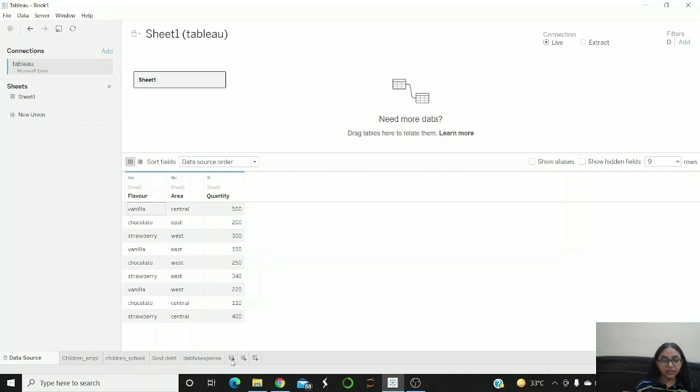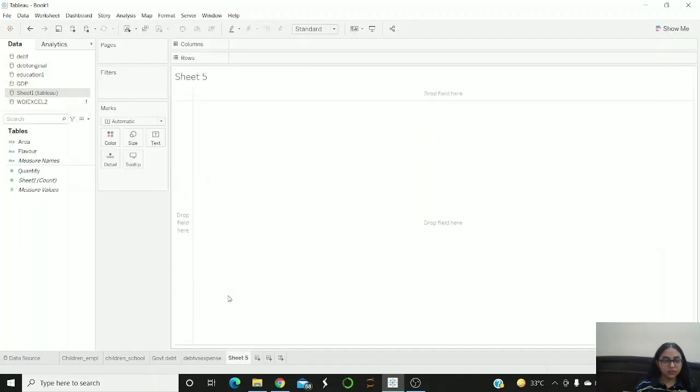Now for creating a new sheet, I'm going to click on this icon, the plus icon you just saw, and automatically the latest source that you have imported, so these are different data sources. Okay, now automatically Tableau will choose the one that you've imported at the last time. Okay, so Tableau one is automatically selected.